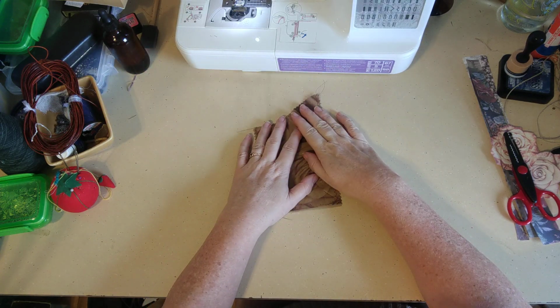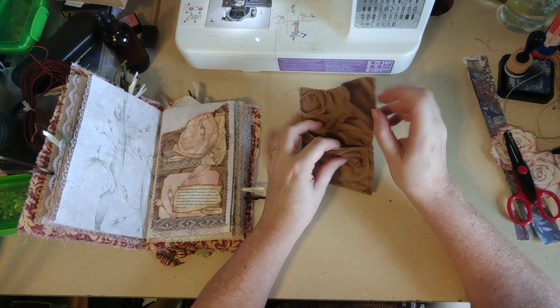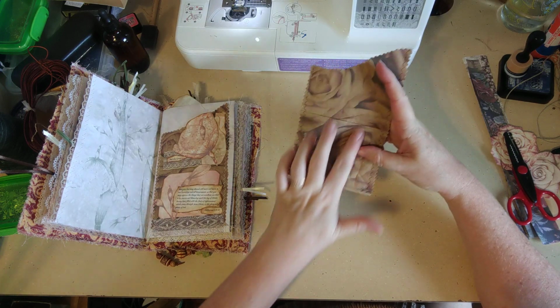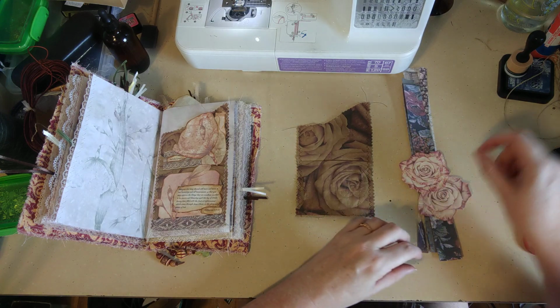All right, so now all we have to do is decorate it, and that's not that difficult. You can do whatever you want on it. You just want to remember that you have these two parts. You don't want to glue this thing shut or glue a design up over it. So I chose out, and I didn't plan this, I didn't plan out how I'm going to do it or anything, but I have